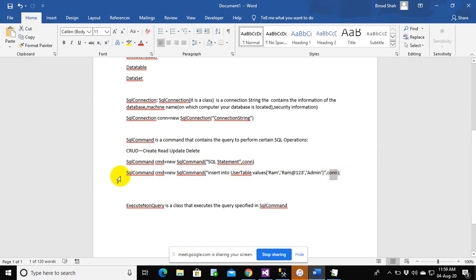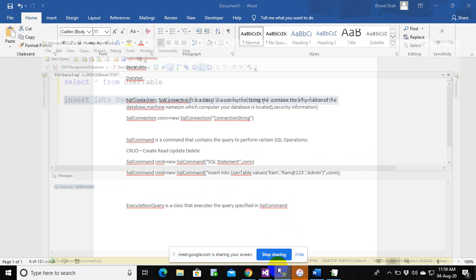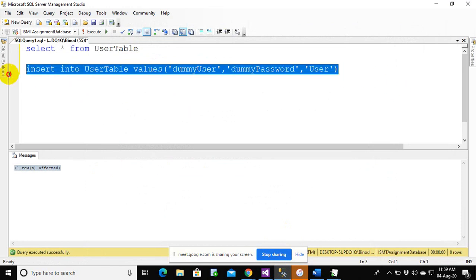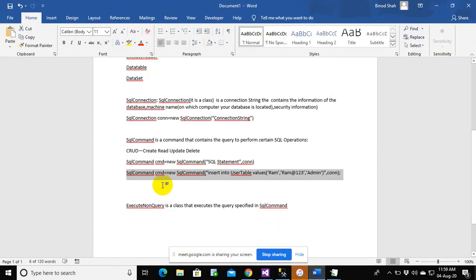Once you have written this query, you execute the query. In order to execute the query, you have something called ExecuteNonQuery. ExecuteNonQuery will execute the query which is specified by the SQL command. So if I have a SQL command named cmd, cmd.ExecuteNonQuery will execute the query specified in the cmd SQL command.